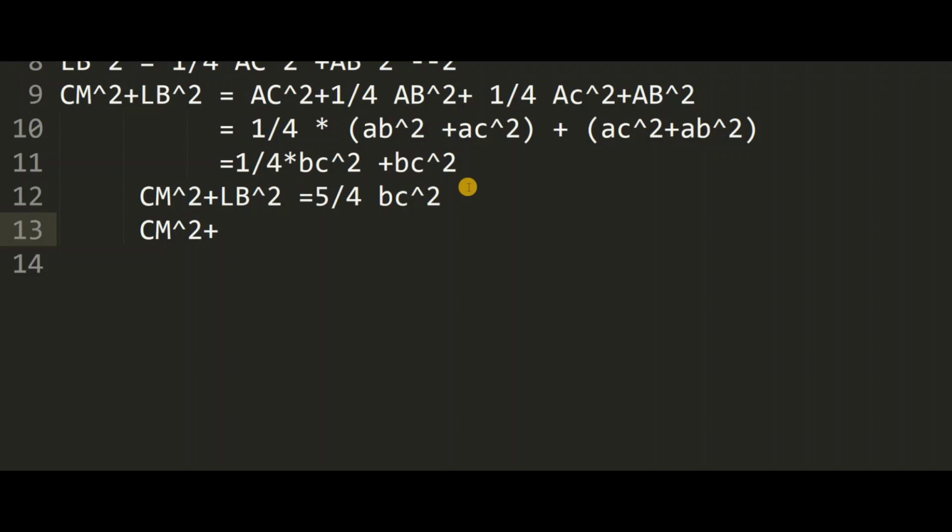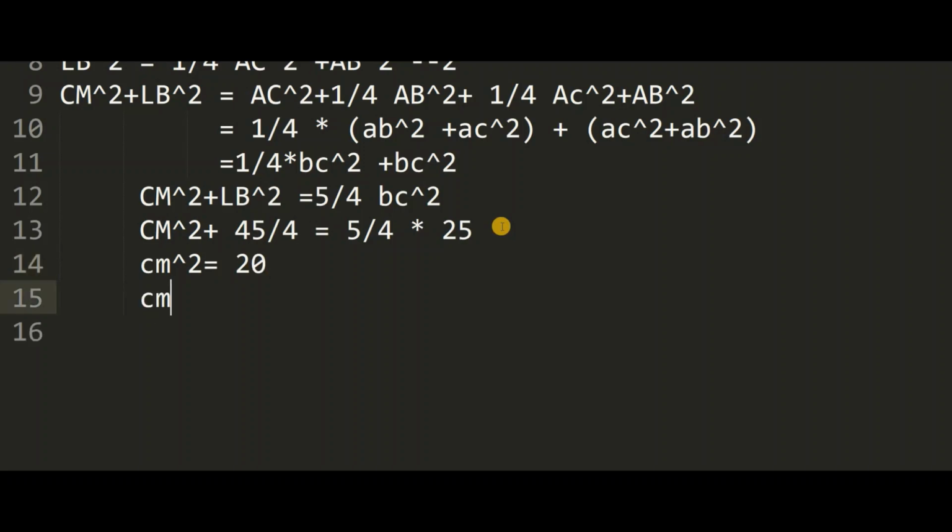So 9 5s are 45 by 4 is equal to 5 by 4 into the value of BC, 5, whole square. It means 25. So if we calculate CM square, we will get 80 by 4